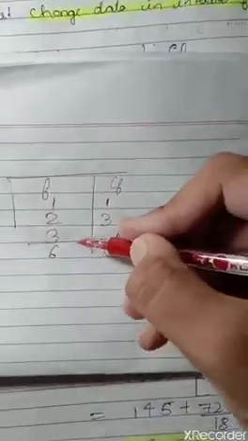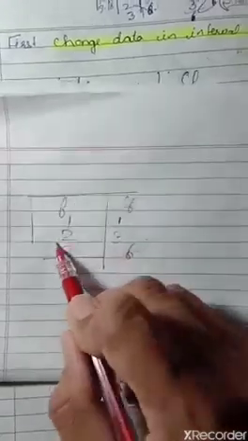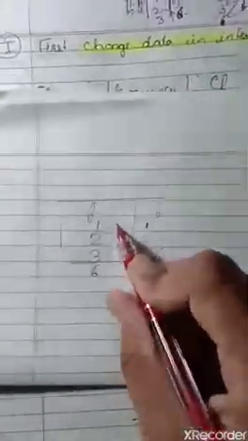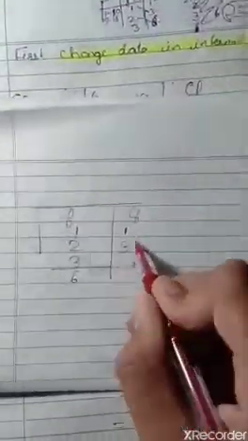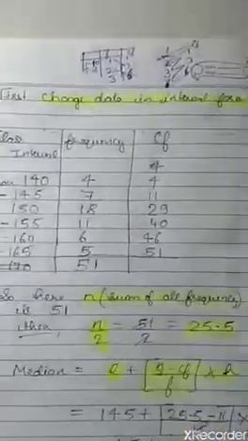In order to find frequency, let us take one example. See, there is one table. Frequency is given, and class interval is also given, but I have not taken it, only as an example. The frequency is given as 1, 2, 3. How to find cumulative frequency? Here 1 remains the same, 1 plus 2 is 3, 3 plus 3 is 6. The total frequency will be equal to the last cumulative frequency, as you can see, 6 and 6. So now we have the cumulative frequency.